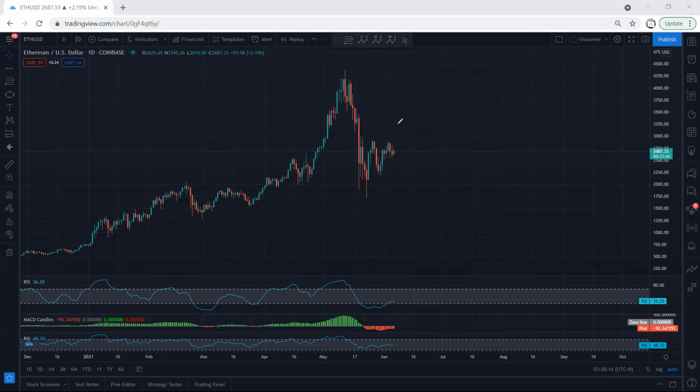And the second option, how about if this is a flat relative to this, and either the price from here or even this one turns into a more complex correction, and the price is going to drop and break the previous low? That means we have two ways to look at the chart. And mostly we can expect the price to consolidate here for a longer time. The possibility of the price dropping and breaking the previous low is there, but I think before the price drops,